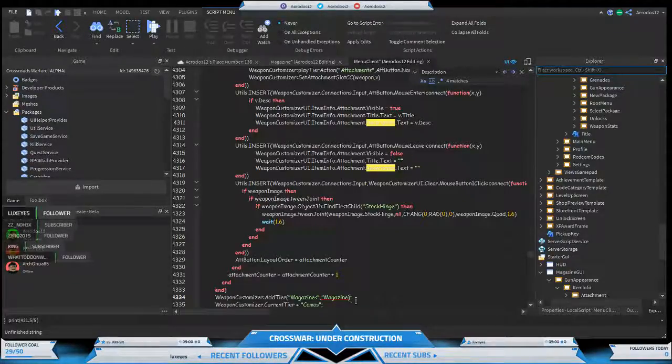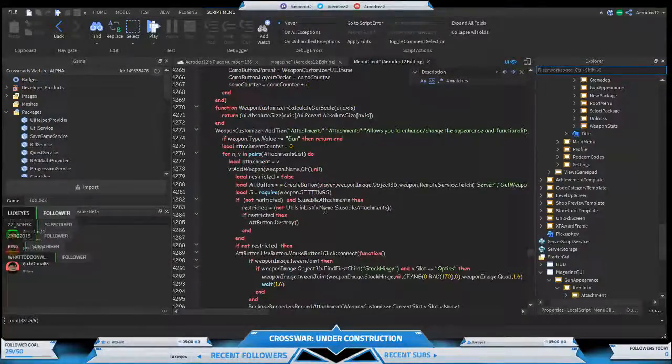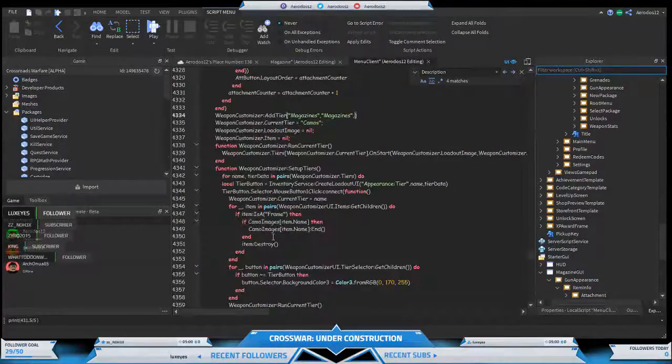It's not attachments, it's magazine. Or actually just magazines is fine. As long as it does its job, that's fine. So let's see, allows you to paint your weapons, allows you to enhance, change the appearance and functionality of the weapon. And then this will be,